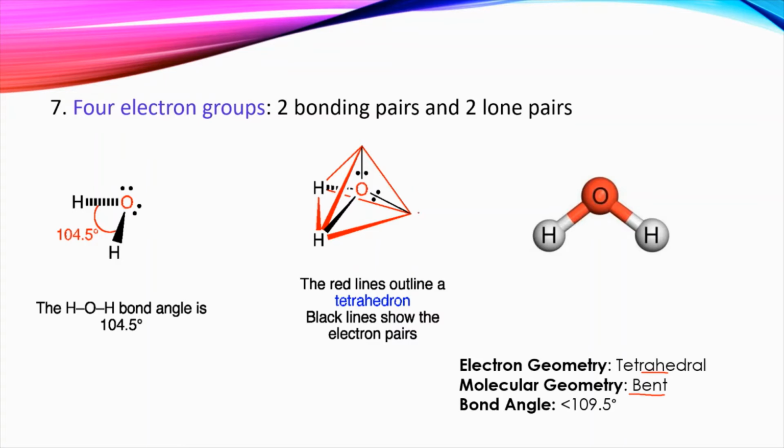And 2 corners of the tetrahedron would be 2 lone pairs. 2 bonds have been replaced by 2 lone pairs, but the electron geometry is still tetrahedral, okay? Because it's just based on electron groups by themselves, but molecular geometry actually takes into account the repulsion that exists between these, okay? So you have this and this, like little Mickey Mouse ears on oxygen. Okay, so